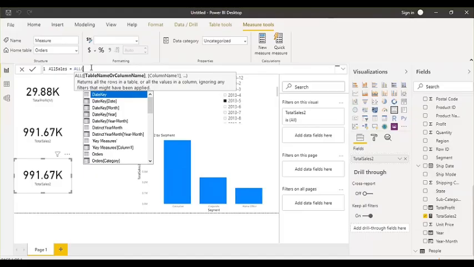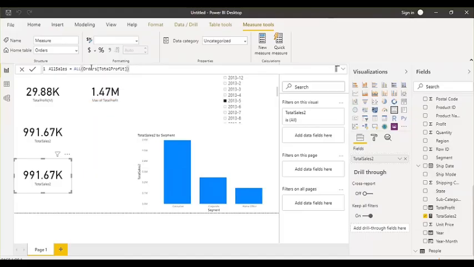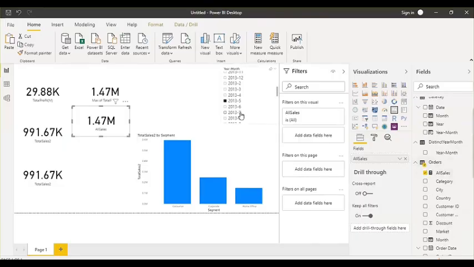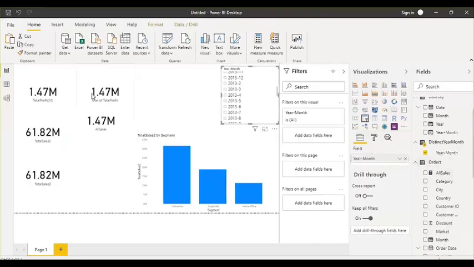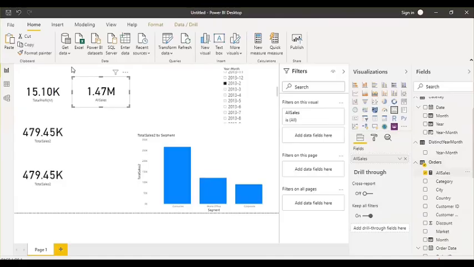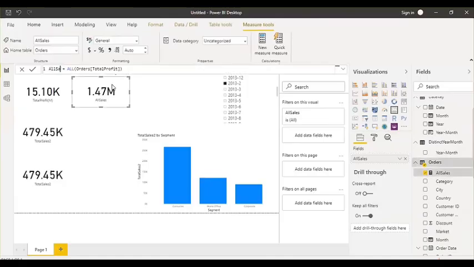Let me just do that. Although I just changed the measure name, this is not all sales, it is all profit. I'll come to the sales also.